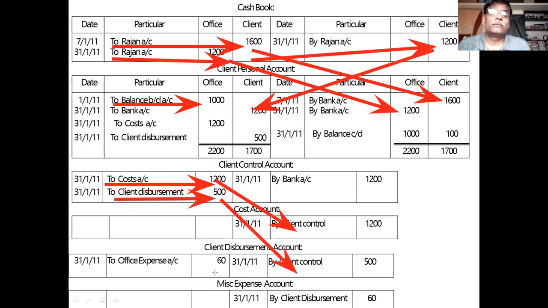Okay. After disbursement, whatever expense is not related, you record here. Disbursement not recorded, not related, 60 rupees. From here you move it here. Okay. Once you have completed this process, you take the